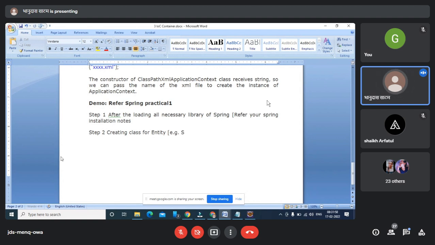For example, I'm creating a student class with data members roll number and name. So these are the two data members I'm supposed to create inside the student class, and I'm going to set the properties for each data member as well. So I'm setting the properties and then writing the functions for the same, and then I'm going to create the XML file here.